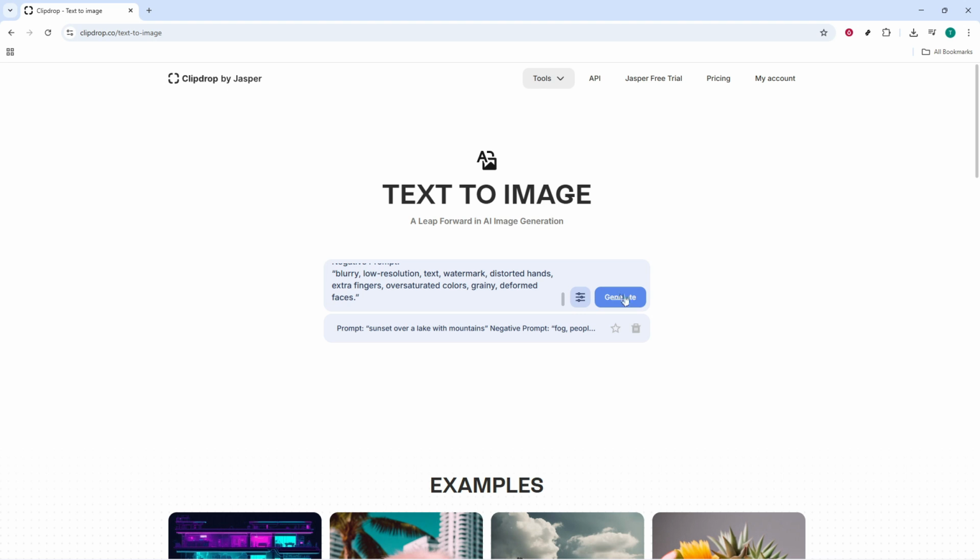That's the whole workflow. Open ClipDrop, go to Tools, choose Text to Image, write a clear prompt, add a targeted negative prompt, and generate. With practice, you will find a balance that consistently delivers clean,